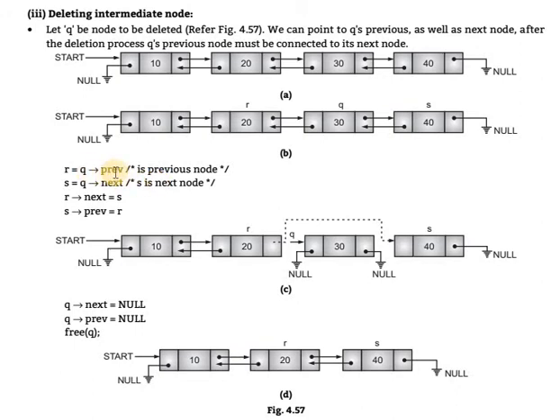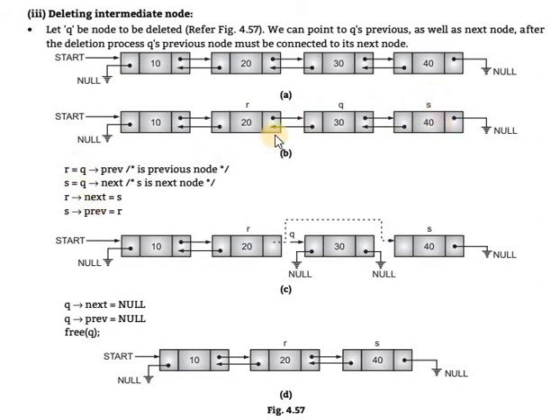Q's previous node is assigned as R. Then Q arrow next. Why do we write it this way? Because in a linked list, addresses are used, meaning pointers and structures are used, and structure pointers access the data values through this arrow operator. So Q next is assigned as the S variable.